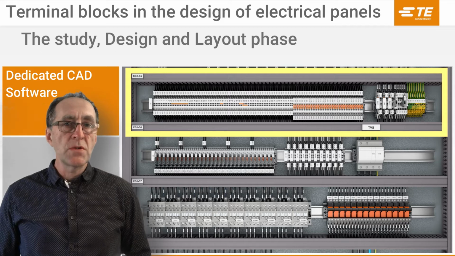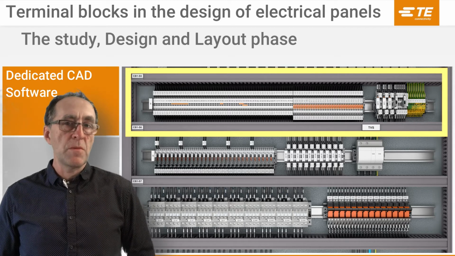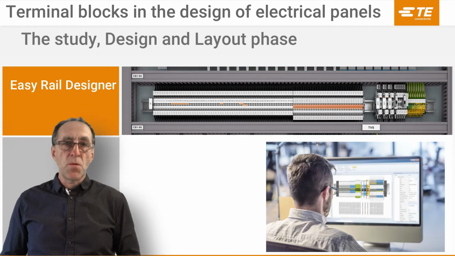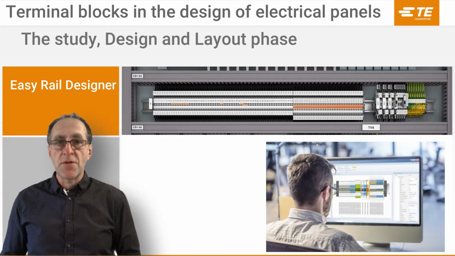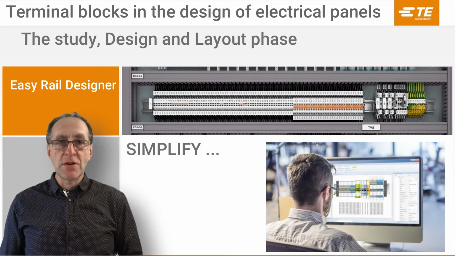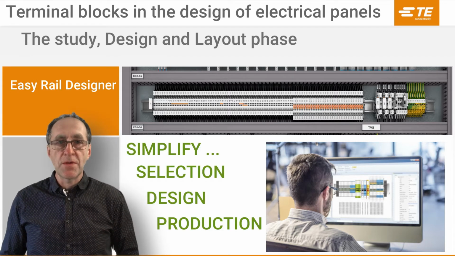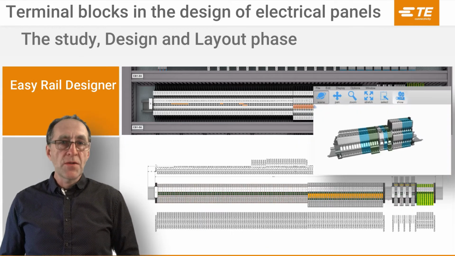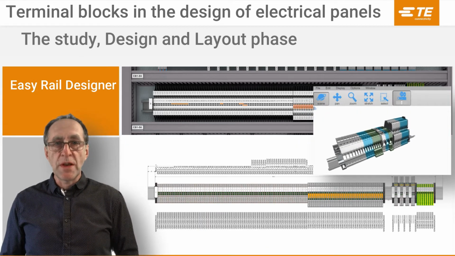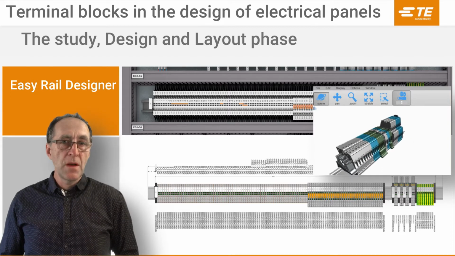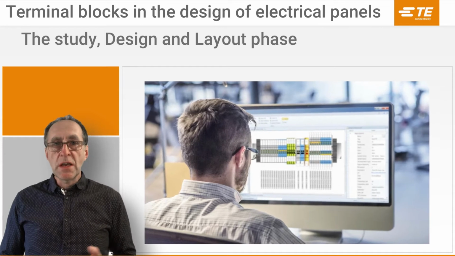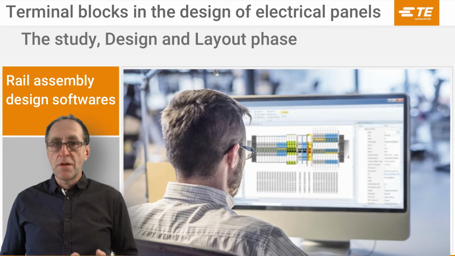That's why it's important to guide the user in the process of implementation. Advised users will use a dedicated CAD software such as EasyRail Designer from T-Connectivity, which simplifies the selection, design and production processes for pre-assembled tower blocks. The software allows the creation of tower block assembly drawings in 2D and 3D. Let's take a look at some of the criteria you will need to take into account when considering such a